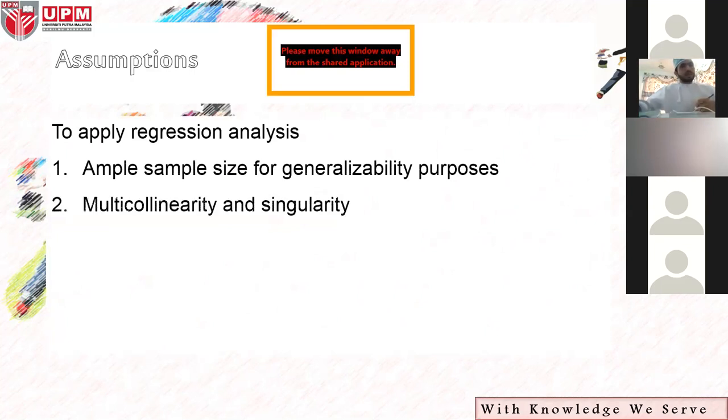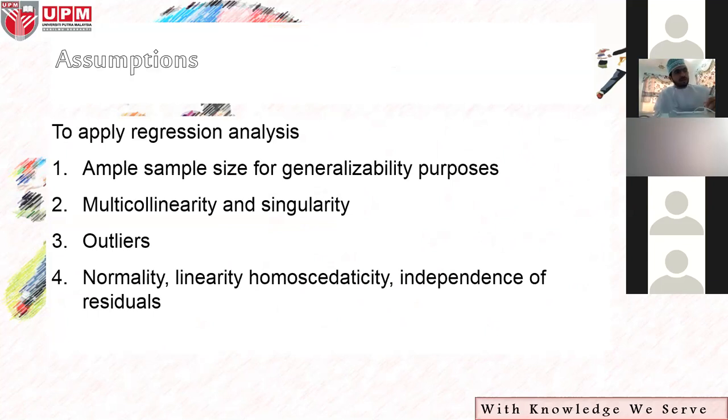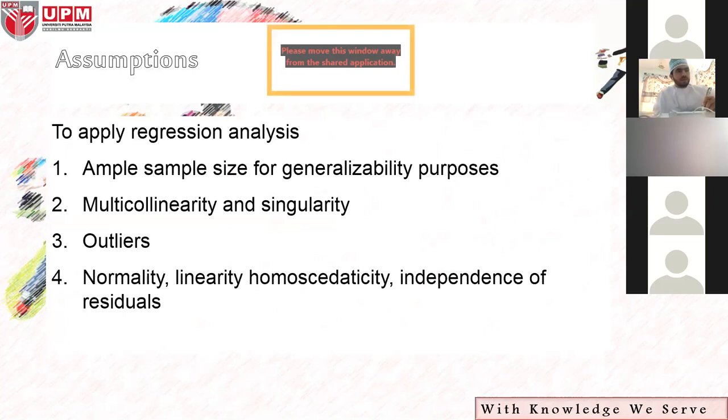Okay, so in terms of the assumption, there are four assumptions. The first one is ample sample size for generalizability purpose. So make sure you have an ample sample size to run the multiple linear regression, because the main purpose of quantitative study is we want to make generalization from the data that we have to the overall population. And then make sure there is no multicollinearity and